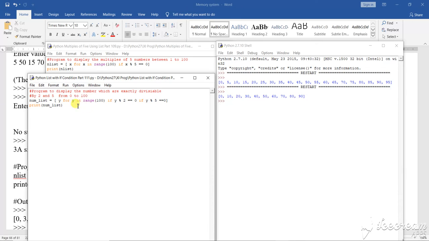This is a simple list used to check the divisibility of a number, or of a series or list of numbers, by some numbers. Here the numbers are 2 and 5. You can change them to whatever you want. If you want 3 and 6, or 6 and 9, you can increase the range. The more you implement these programs using your own thoughts and ideas, the clearer your idea will be.